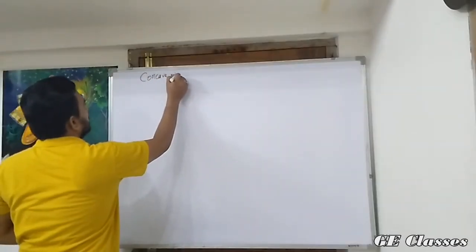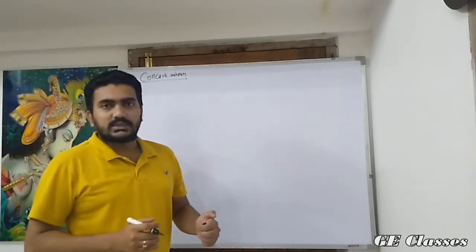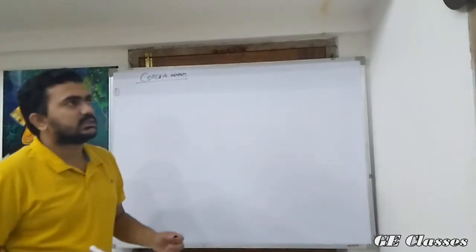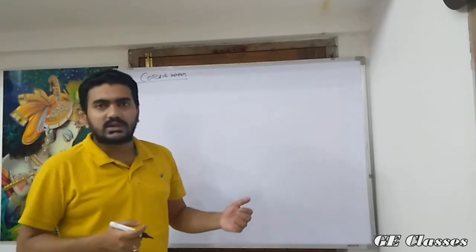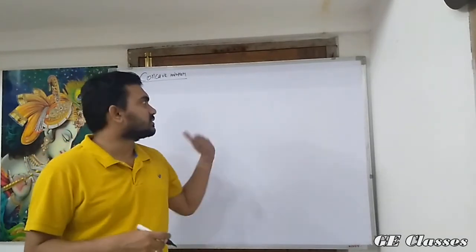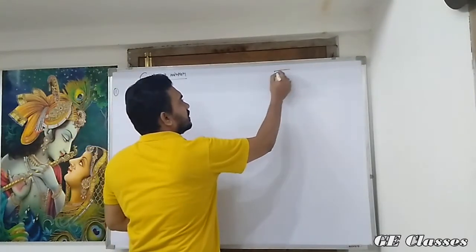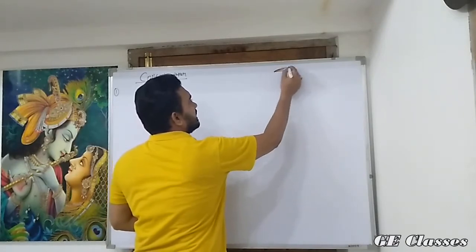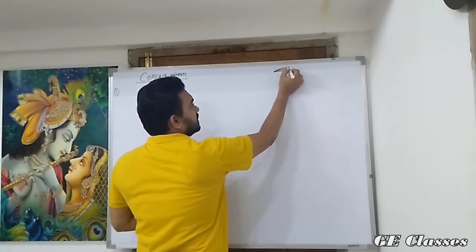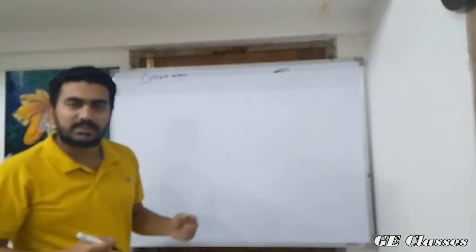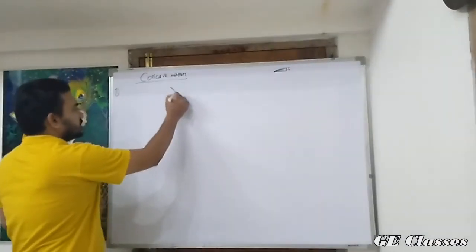For the concave mirror, there are 6 cases. The first one: we will place the object at a certain distance where we can say that the object is at infinity. Now what is actually infinity? In the previous class we learned that the stars are at infinity, but in this case we will not be saying that. Suppose this is a source object from where light rays are coming out. If we take a small portion of these diverging lines, we can consider them to be parallel. So we will consider a distant object to be at infinity. Now let's see what happens.